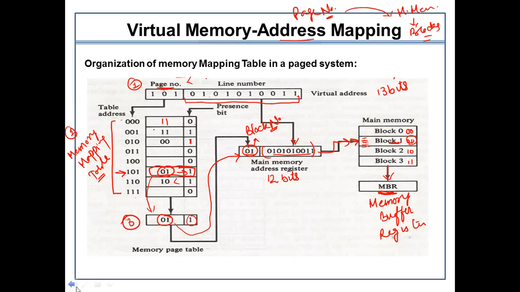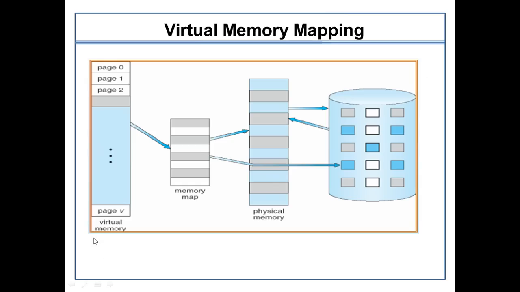So this was just shown with an example. Overall, this is the basic concept of how the mapping of data takes place from the virtual memory to the physical memory. That is the important point to understand. The other thing is, this is just the conclusion slide.